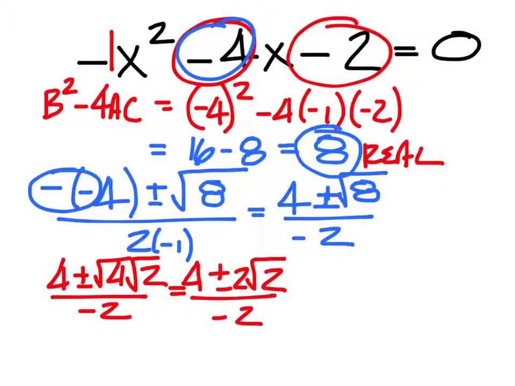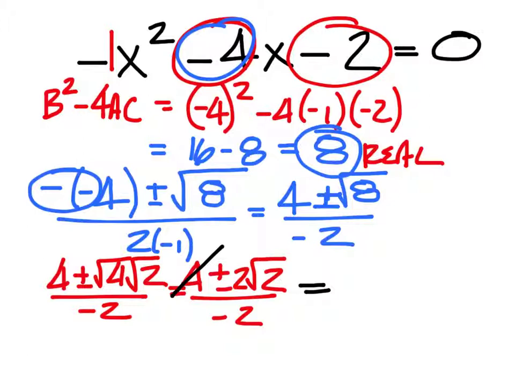Now, just like before, don't leave a negative number in the denominator. Also, you can divide out something from all three of these items, which are this, this, and this. What can I take out of this, this, and this? I can take out a 2, and since I need to get rid of that negative sign on the bottom, instead of dividing everything by +2, I should divide by what? -2. So if we divide it all by -2,